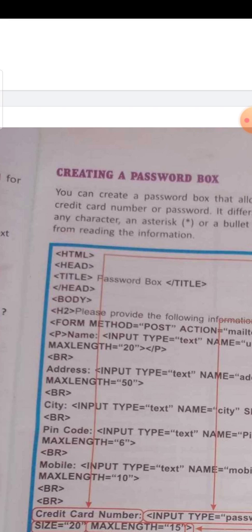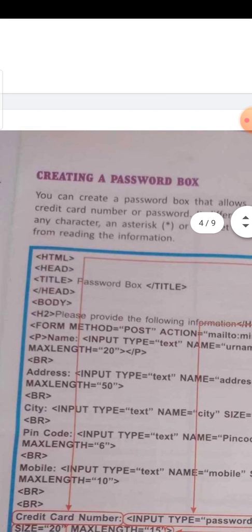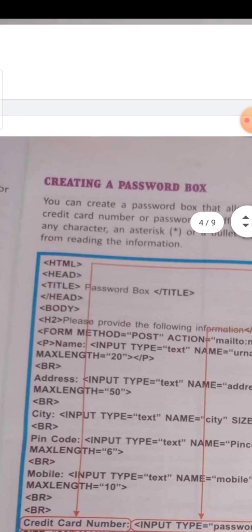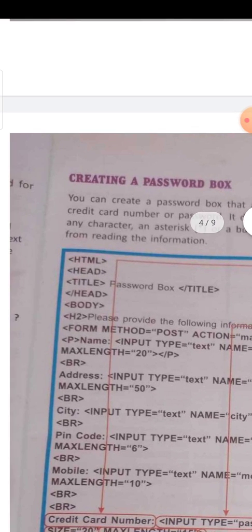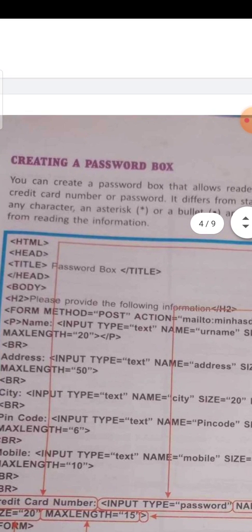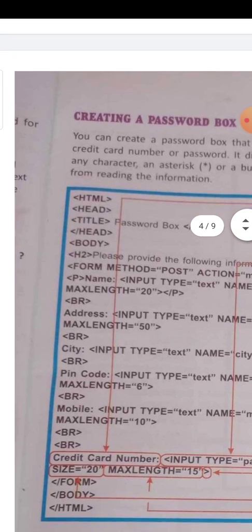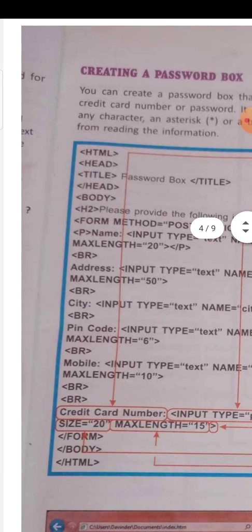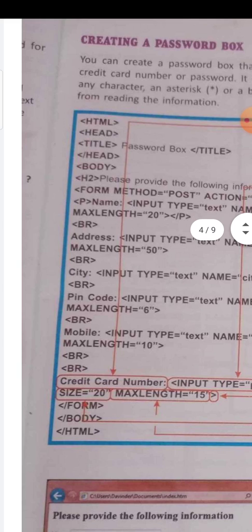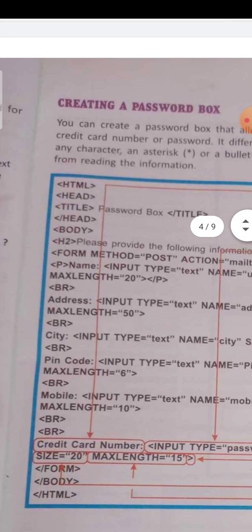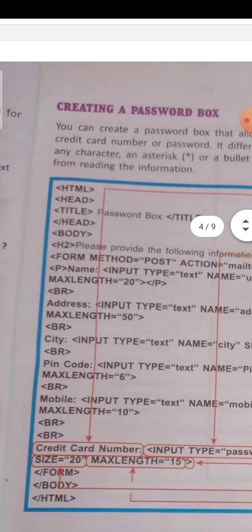just before the input tag, and then input type is equal to text, name username, size equal to 30. So basically a text box is there, and then the br tag is used, which basically breaks a line, and then we write another text box here.